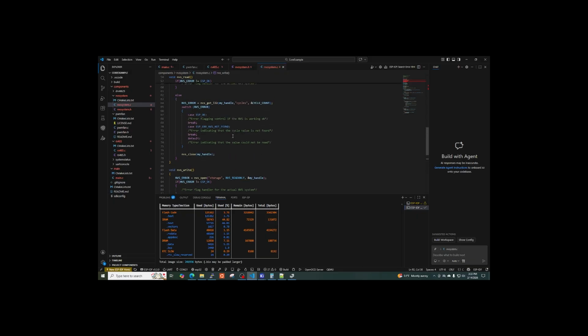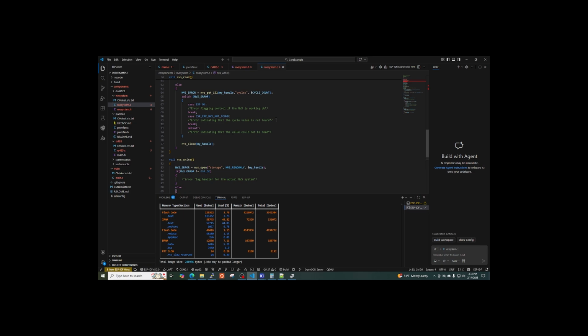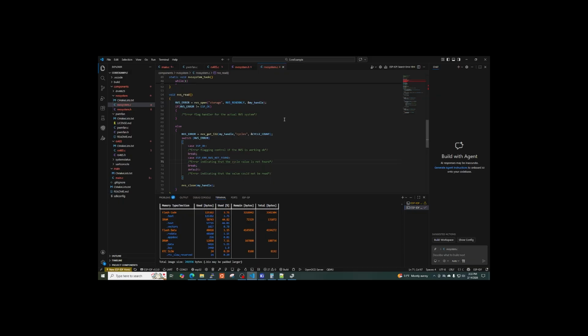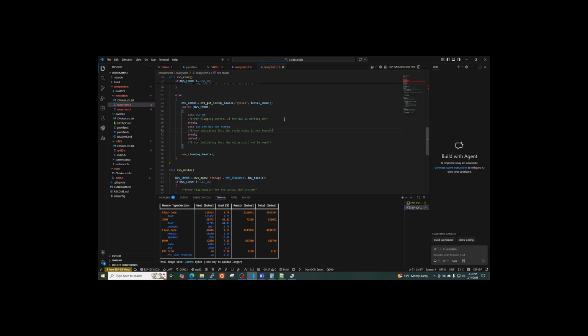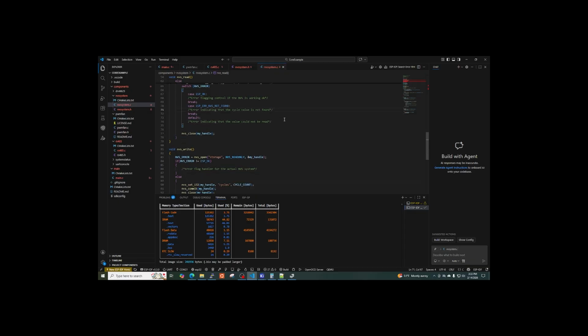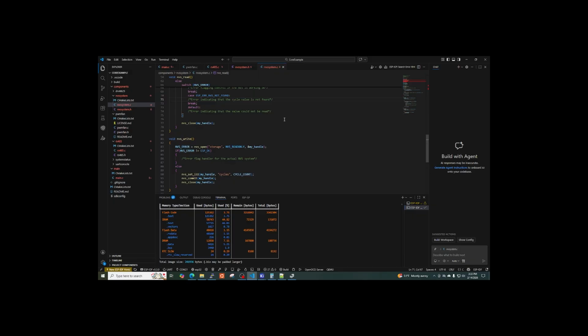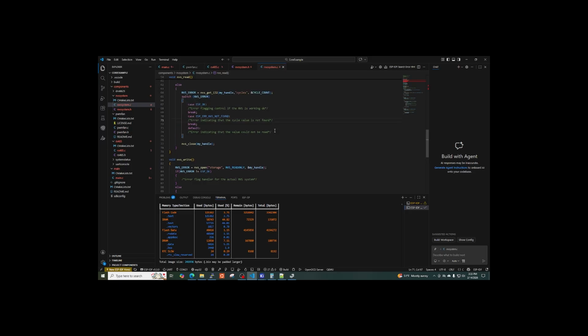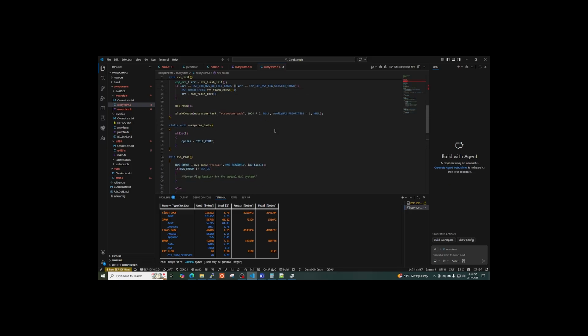So I think what we'll do is if it's not found, we'll basically assume that it's 0. Hopefully gets set to 0. So